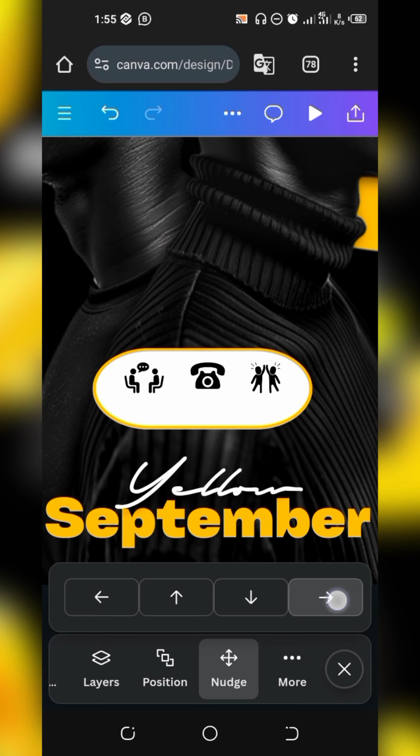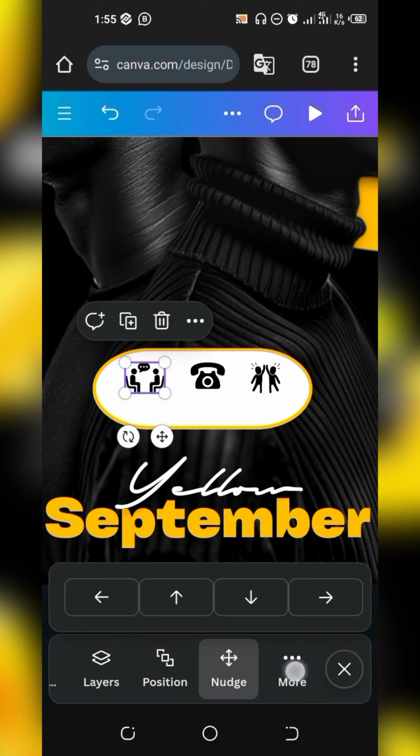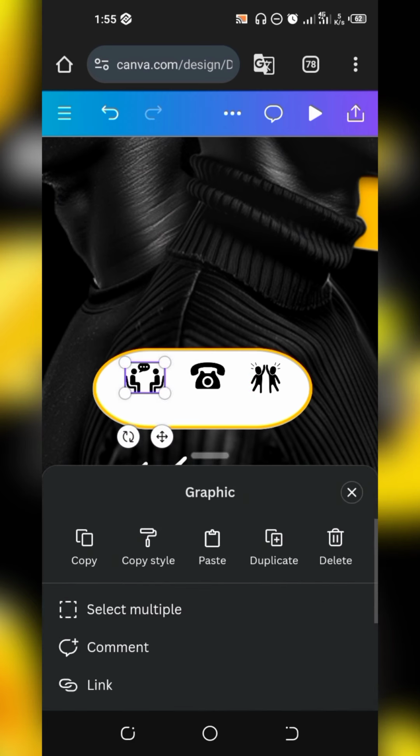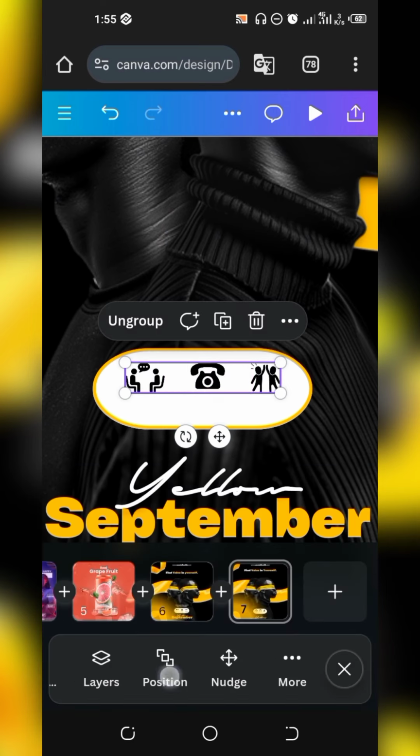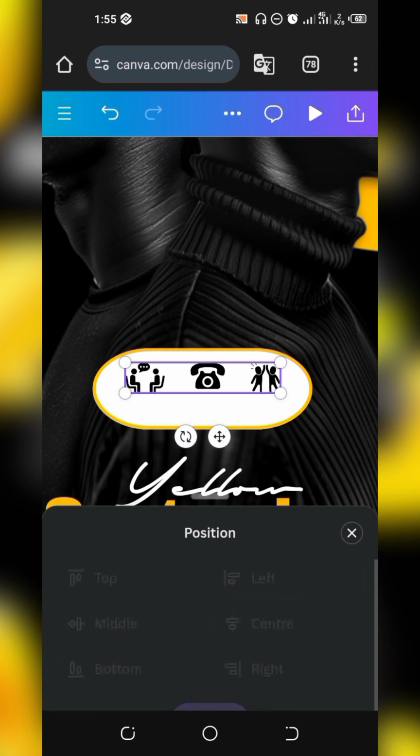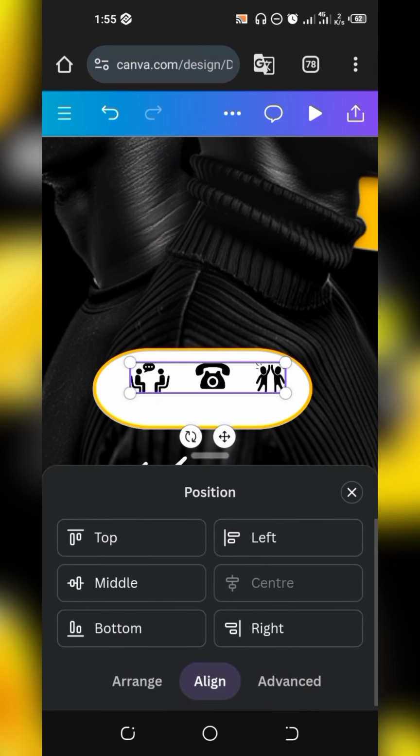Oh no. Okay, yeah, it has come up and it's 79. So it may differ in yours, but this is what it is in mine. That's the space between both of them based on the size I'm using. So I want to group this together. Having grouped them together, I'll go over to position, click align, and go to center.